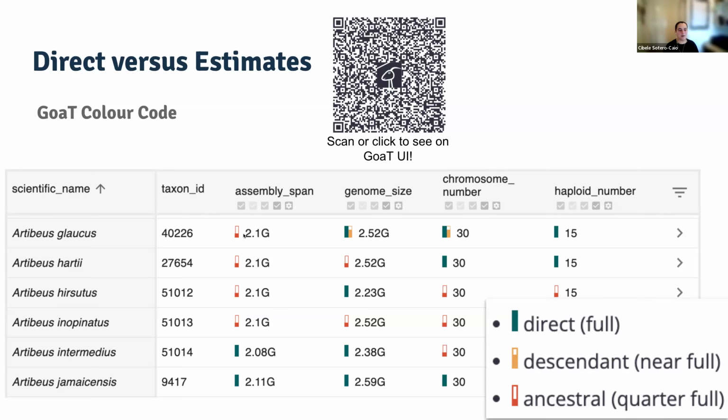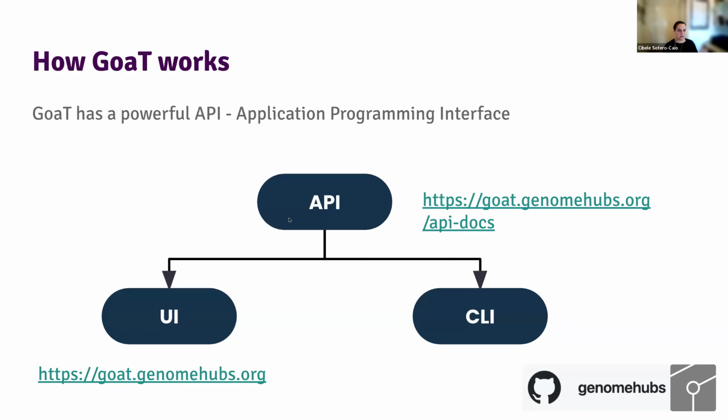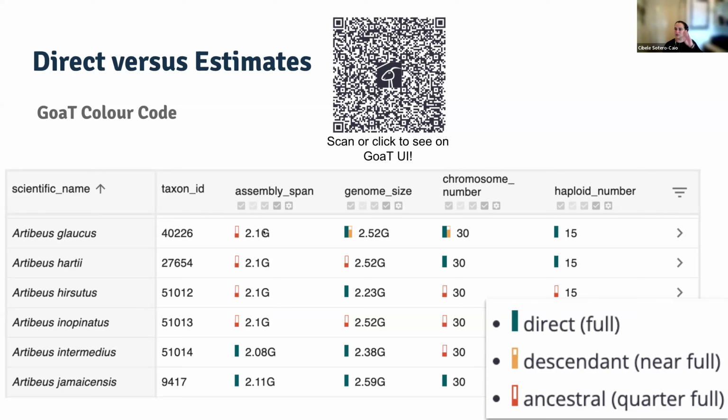If you were on GOAT itself, you could hover over or click on that value and get a tooltip. If you hover over most things on GOAT, you'll see a tooltip that explains what you are seeing. So always try to hover over, because things will pop up.